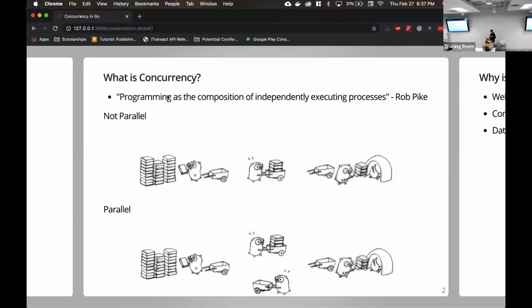So in this example, we have these gophers who are taking, I believe Rob said they were C++ books, and throwing them into a cart and then throwing them into the fire. So there's three independent processes here. There's the gopher who's putting things in the cart, there's a gopher who's taking the cart to the fire, and there's a gopher who is taking the books out of the cart and throwing them into the fire. That is all sequential, but that's concurrent, right? You're designing three different processes in order to make a whole program. And then you can parallelize that if you want.